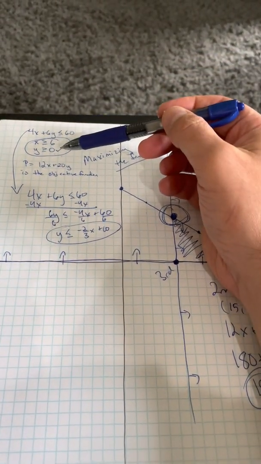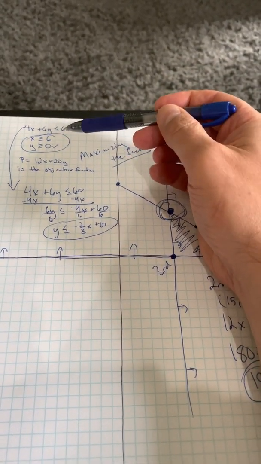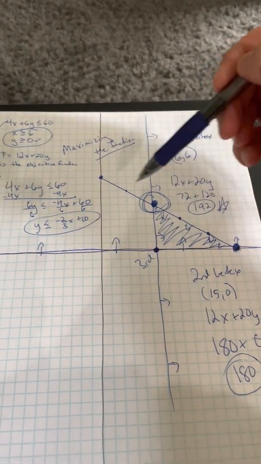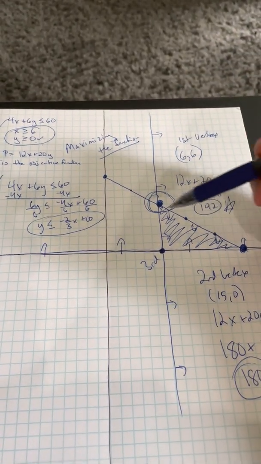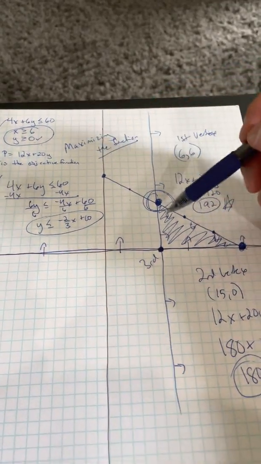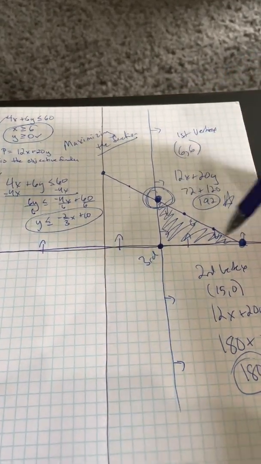Okay, basically, let's recap very quickly in 10 seconds. We had 3 inequalities. 2 of them were natural constraints. The third one was the line that was diagonal. I graphed all the lines, I put the arrows, I shaded everything in, and then I used my objective function to find out which vertice or point